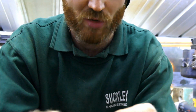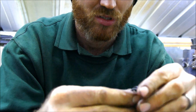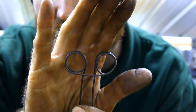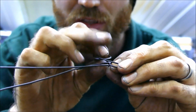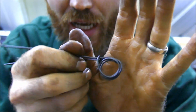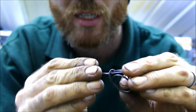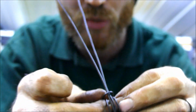So coiling on the same side but opposite direction until you have a pair of glasses, if you like. There you go. Now, with the cross piece on the top, I'm going to bend down like so. And there you have it. There is your clip. Now, these are the tails, these are the parts that you're going to tighten with,